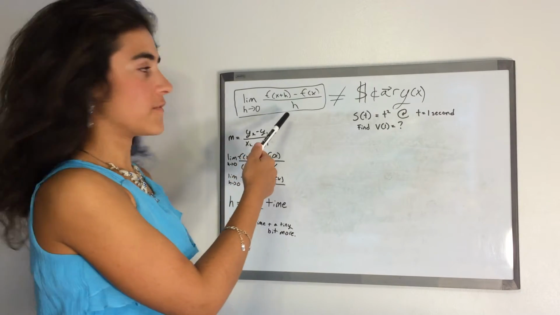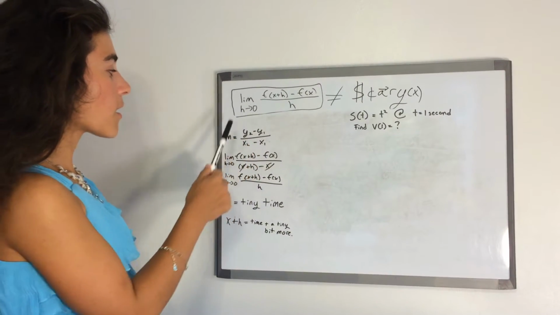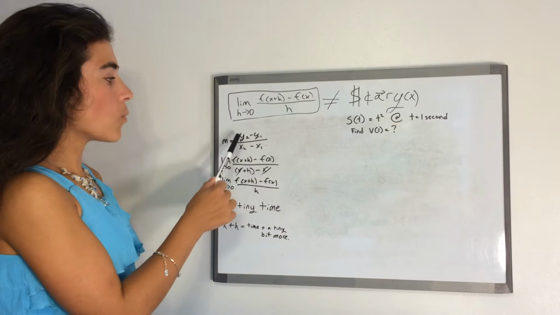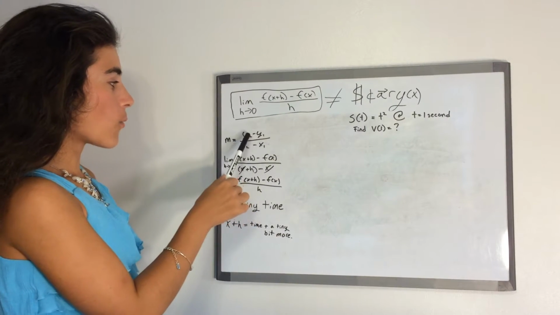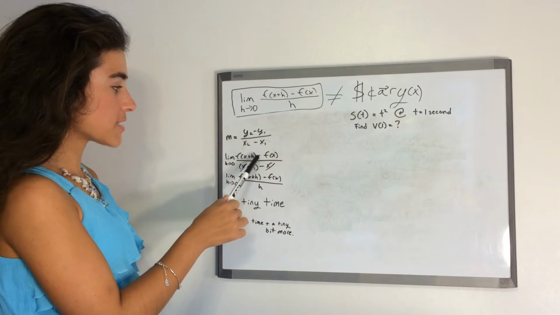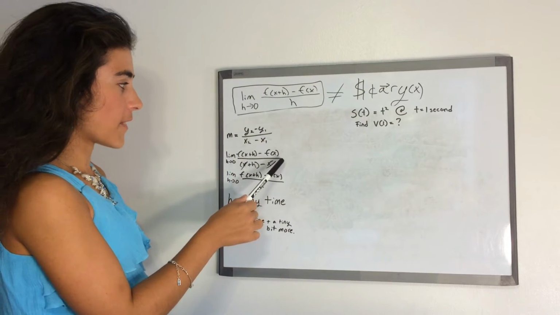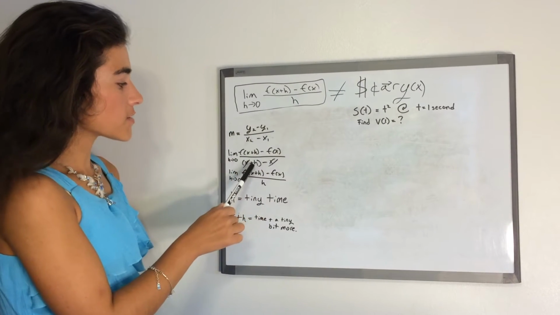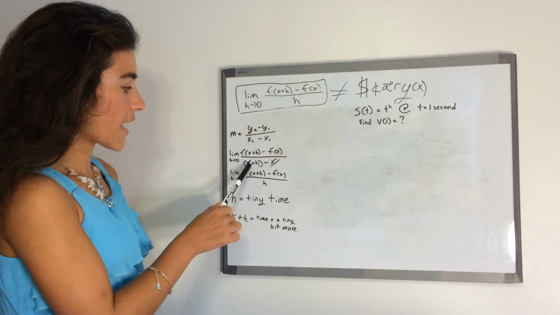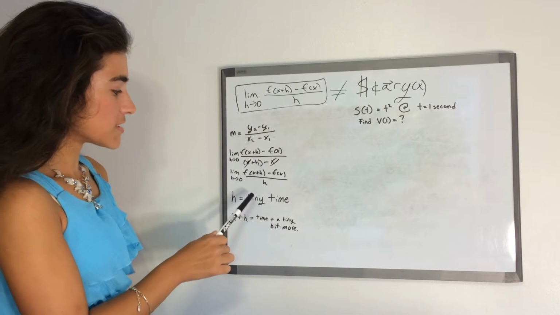This equation is the definition of the derivative. It may look scary, but all it is, is m, which is slope: y2 minus y1 over x2 minus x1, with y2 being f of x plus h and y1 being f of x. The x cancels out to become h, because all you're doing is x2 is x plus h, which is h is